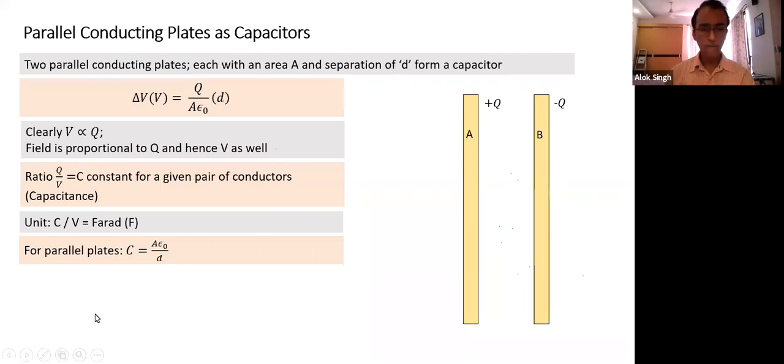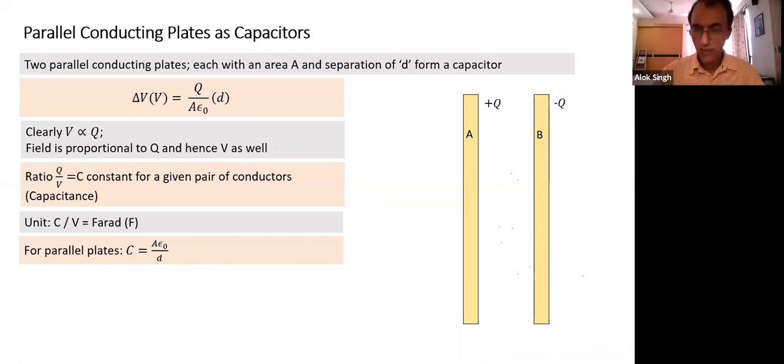So for a parallel plate capacitor, this is an important formula, a pretty simple one. We use it many times, so commit it to memory. What is the capacitance for a parallel plate capacitor? C = A epsilon naught by d. So how do I increase the capacitance? By increasing the area compared to a smaller area. If I take a larger plate, capacitance will increase. Otherwise, we can increase the capacitance by making the spacing small.